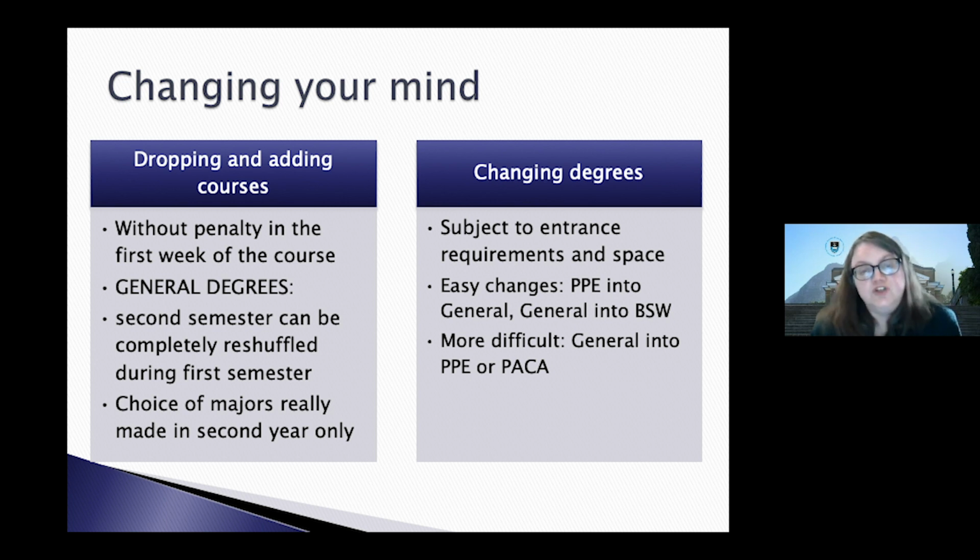If you're accepted for the general degree and you decide you want to do the Bachelor of Social Work, the convener of the Bachelor of Social Work will almost always move you into the BSW if that seems to be what you want to do. Some changes are more difficult. If you want to move into a performing creative arts degree out of a BA, you still need to meet the requirements for a portfolio or audition, whatever that particular creative discipline requires.